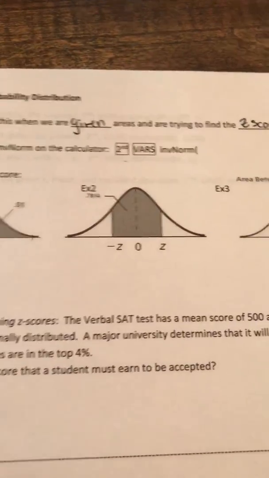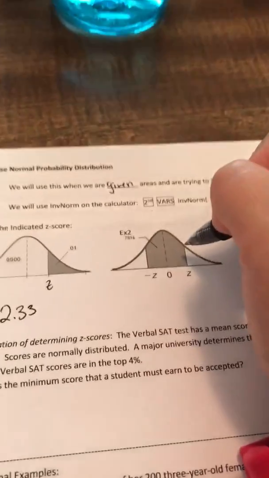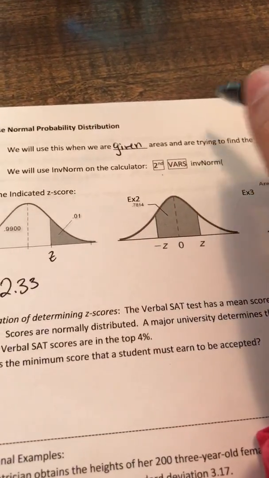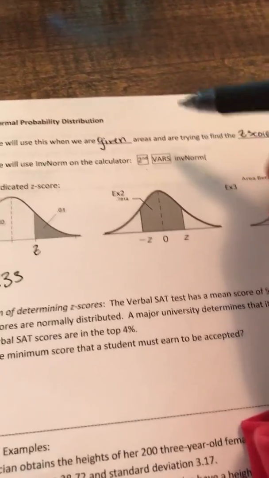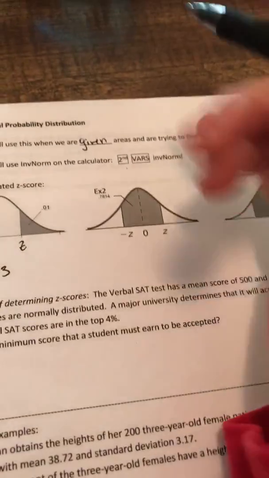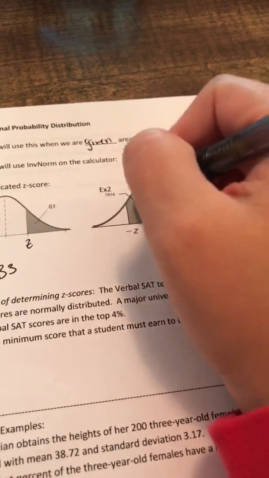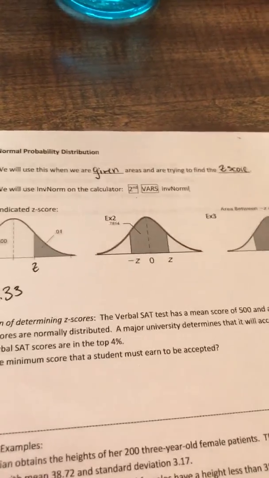If you want the area between two values, this is where it gets a little bit tricky, because the calculator can only handle the area to the left for inverse norm. Or the chart only gives you the area to the left. Either way you look at it, you only have the area to the left. So between two z values, what you want to do is you'll take,